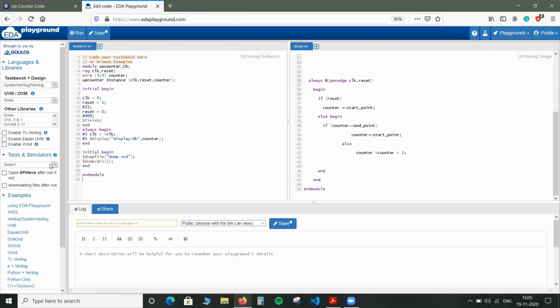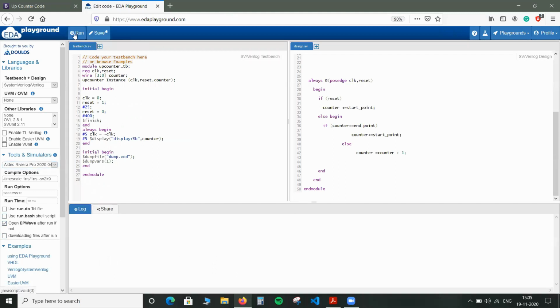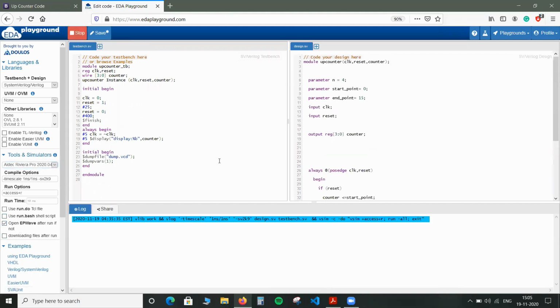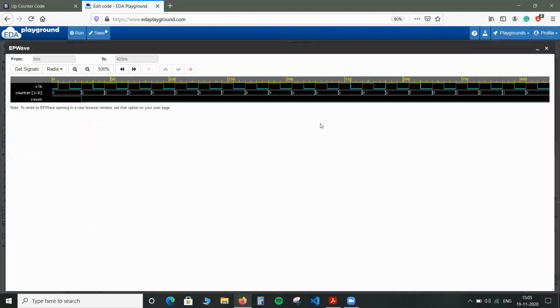Now I will select the tools that we need. Here I am selecting Icarus Verilog with the EPWave option. Now we run this code. As you know, we gave the input as 4, so the maximum number we get from 4 bits is 2 to the power 4 minus 1, that is 15.